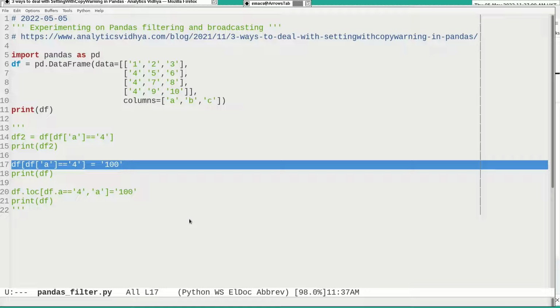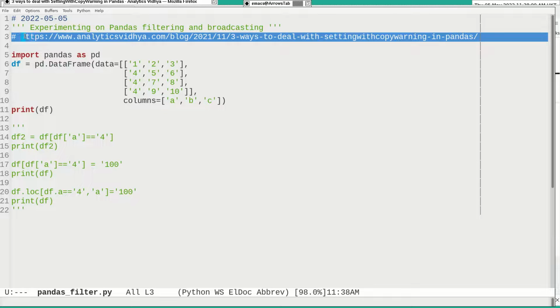Today I have the pleasure to share with you my experimenting on Pandas filtering and broadcasting. Pandas is a very powerful software used together with Python, and with just a very simple statement you can do very powerful manipulation. If we do the same thing using Excel and VBA, it may take a much more complicated and clumsy way of programming. And I made this experimenting